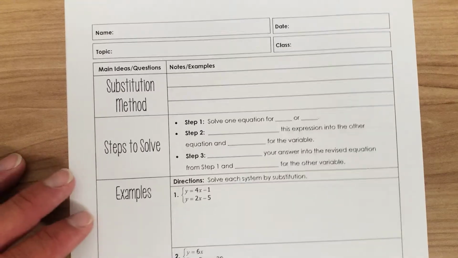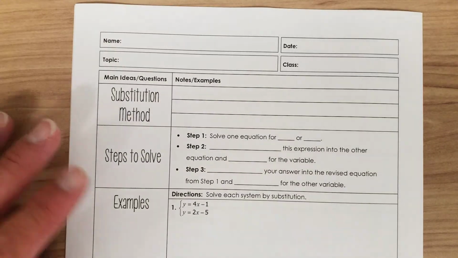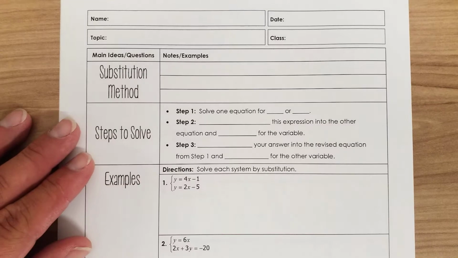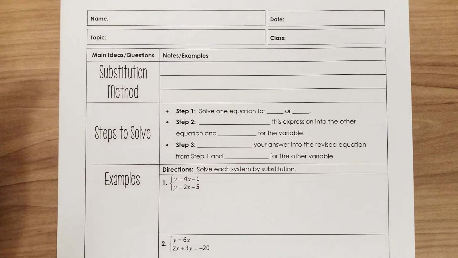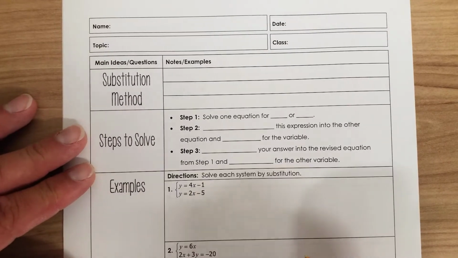Okay, so we learned about how to graph two equations to find the solution. It was simply the point on the graph where they intersected, or the point that they shared. Well, good news. Now we're going to learn a method that does not involve graphing at all. It's called the substitution method, and it is basically done